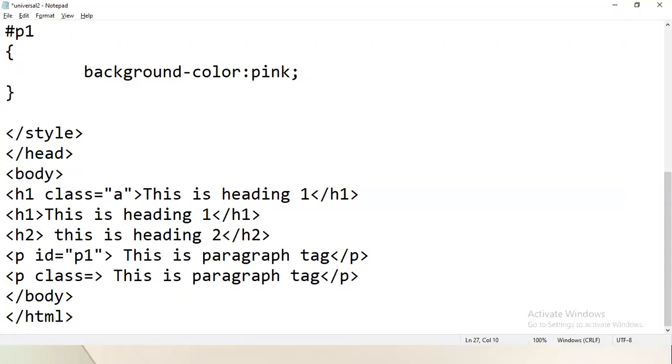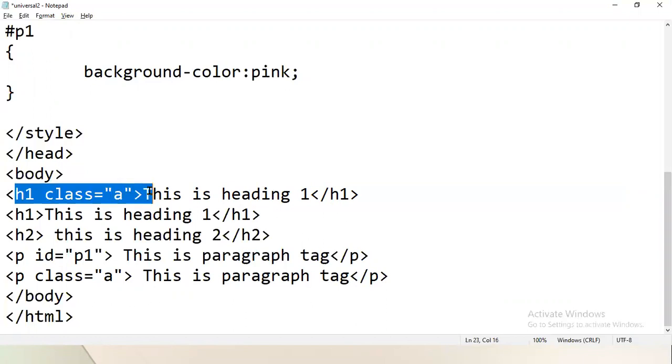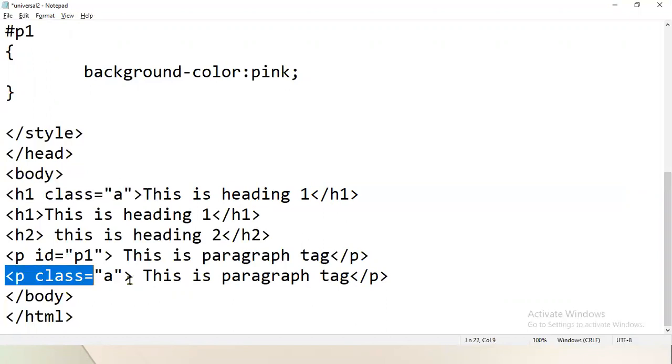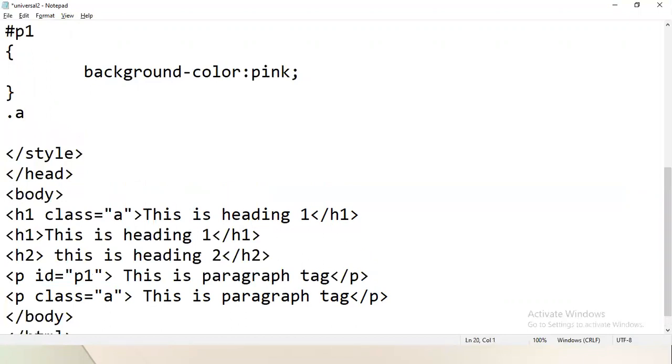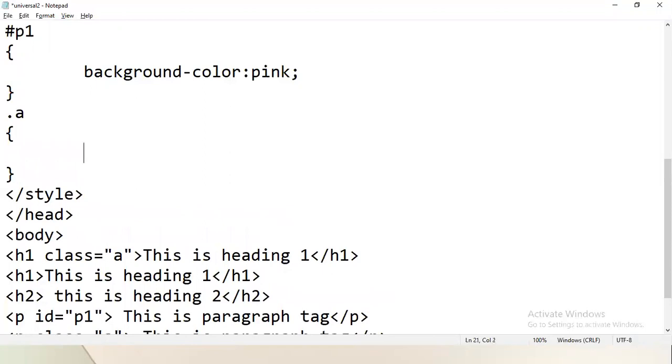So I have assigned the same class a for this H1 tag and for this P tag. So how can you use that particular class? To access the class, we will use the period operator, then the class name. After that, you will start the curly brackets.